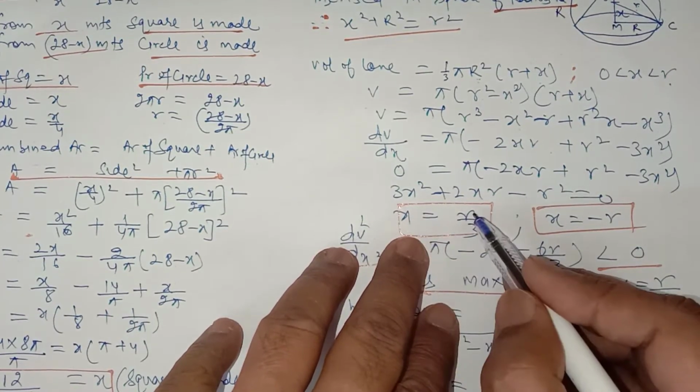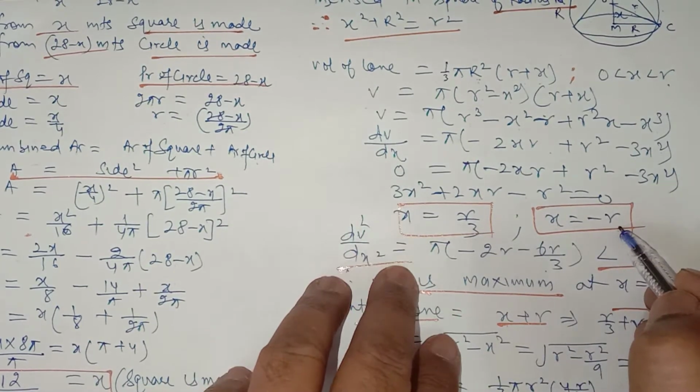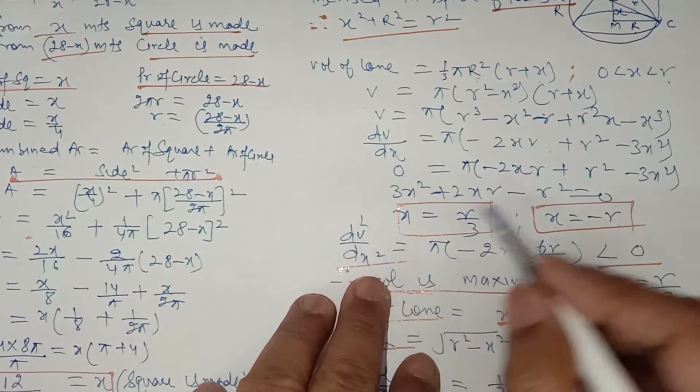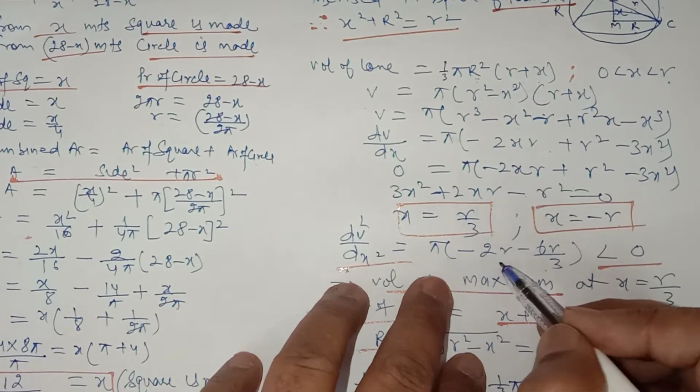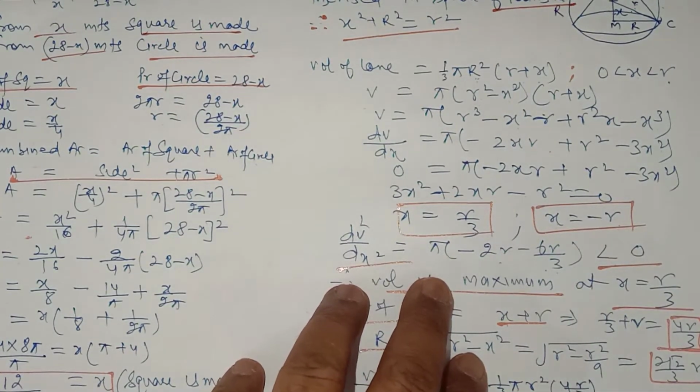The x will come out to be r upon 3, and x equal to minus r. X equal to minus r cannot be possible. Find its second derivative. It will be pi minus 2r minus 6r upon 3, which is less than 0. Differentiate this again